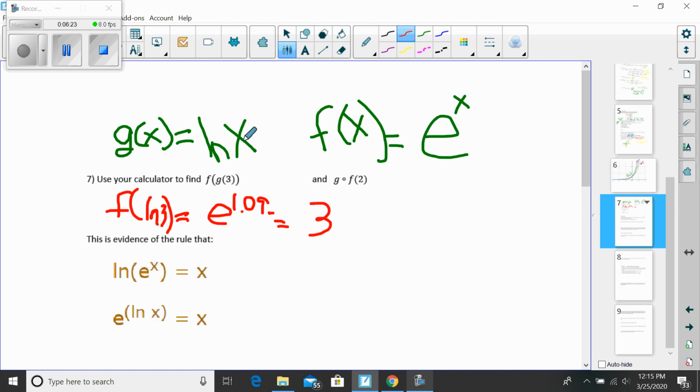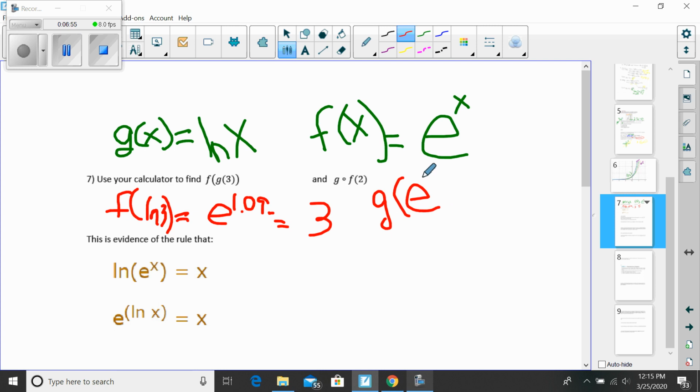So remember, natural log and e are inverses of one another, right? So if I plug into here, raise e to that power, but then I take the natural log, I'm putting that answer into the undoing function. Remember, an inverse is an undoing function. I do something, I undo it. So it should not be a surprise to anyone that